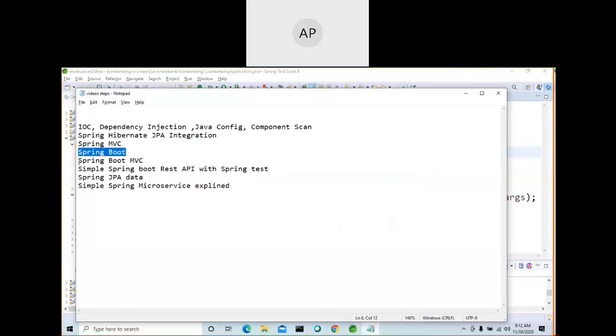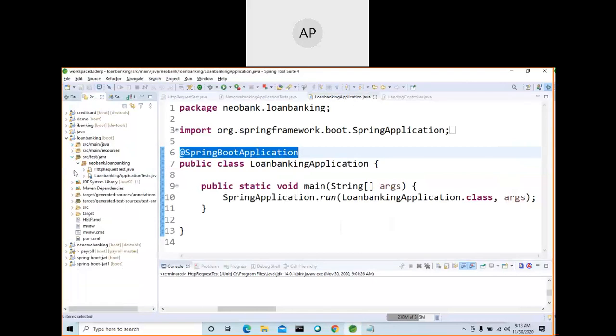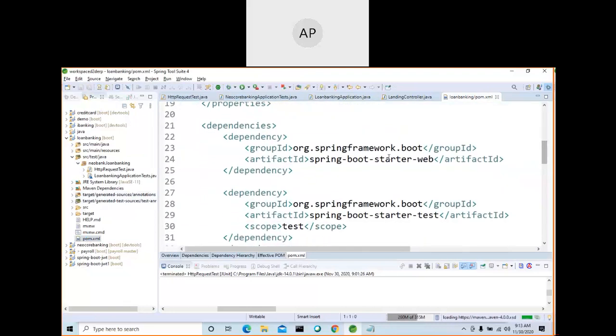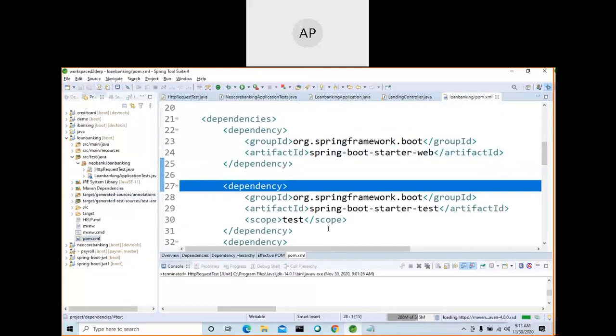So you know a little bit about Spring MVC. Now we are going to do this one. If you see here, this is the Spring Boot application, and I use Maven as my build tool. Here you can see what dependencies are needed in order to integrate Spring into our application. This is the Spring Boot starter web dependency,